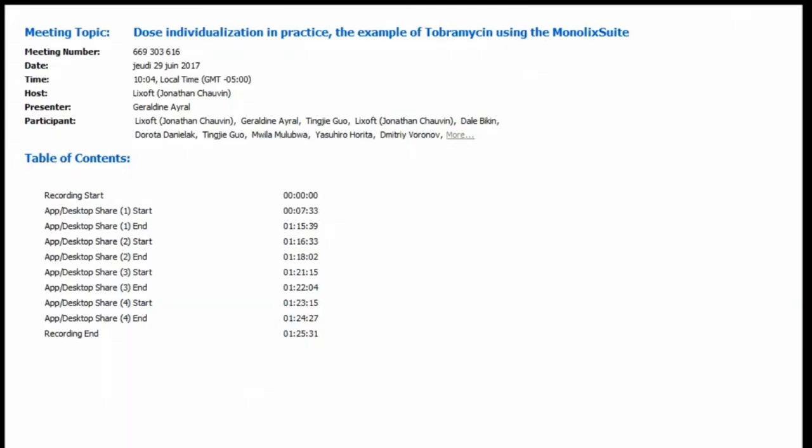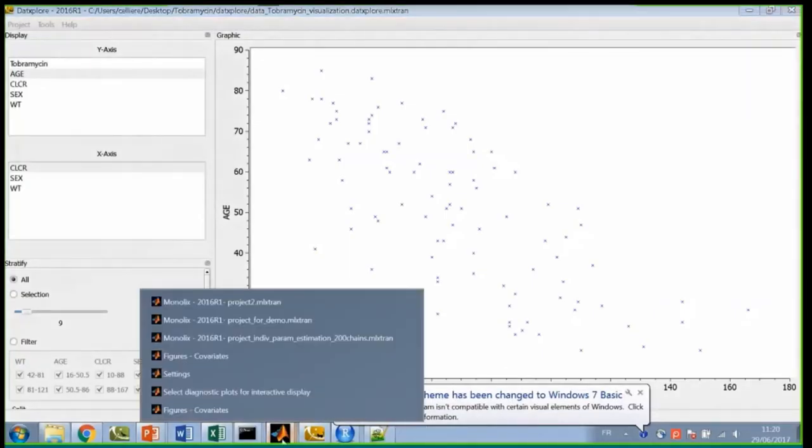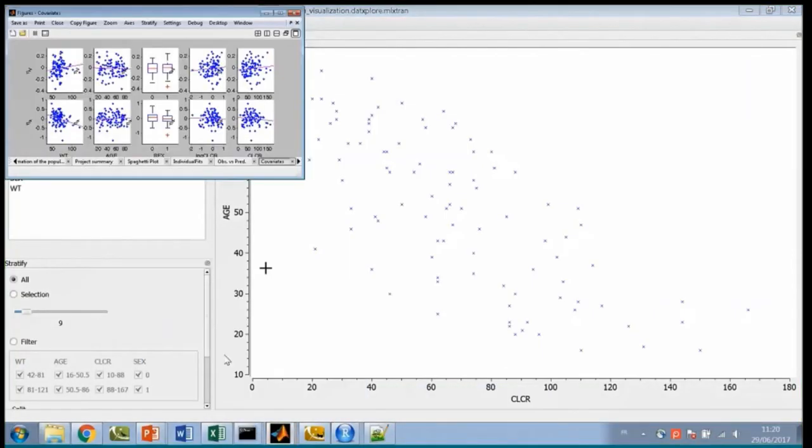Okay, so we have a first question. Why did I use the log of the creatinine clearance as a covariate? So I did this because we could see, so let me share my screen again. So if I go back to the covariate figure,